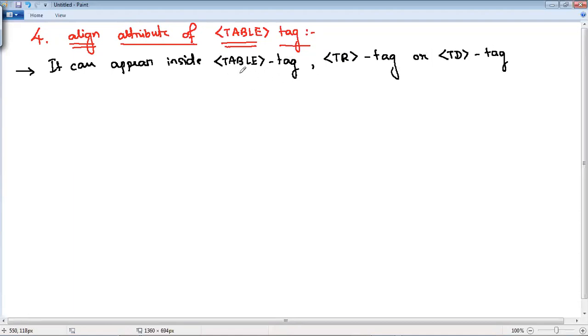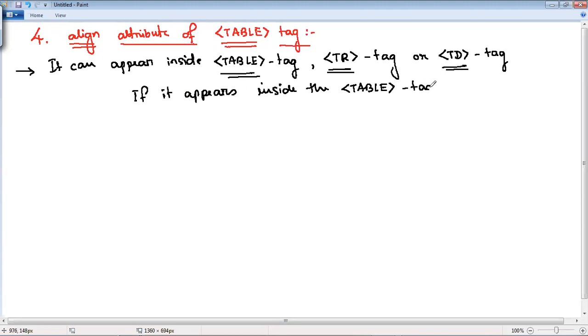So it can appear inside table tag or tr tag or td tag. If it appears inside the table tag, very, very important, if it appears inside the table tag,